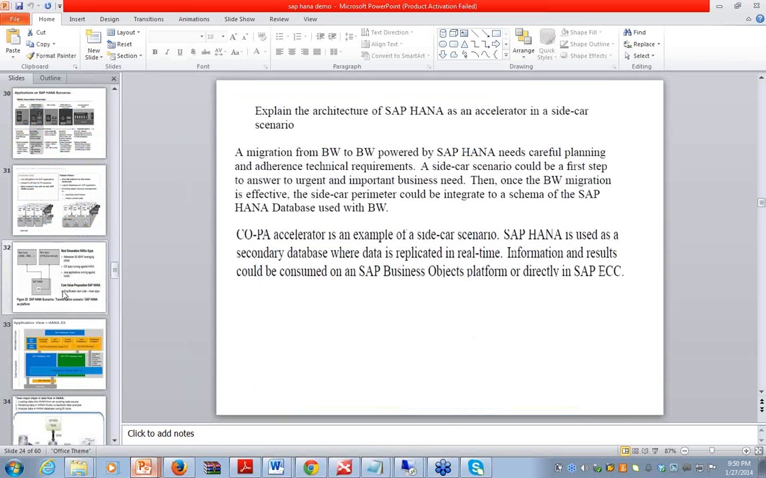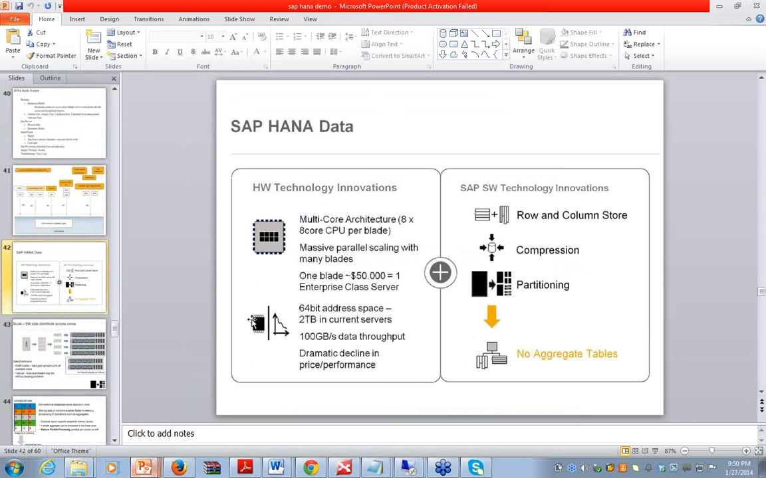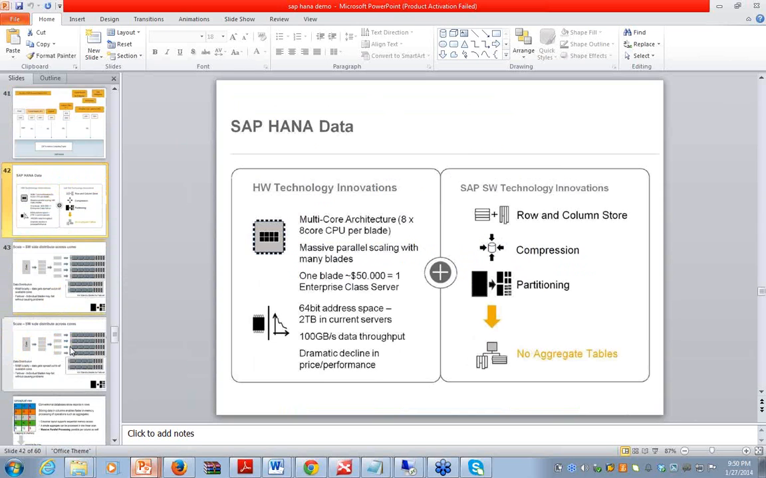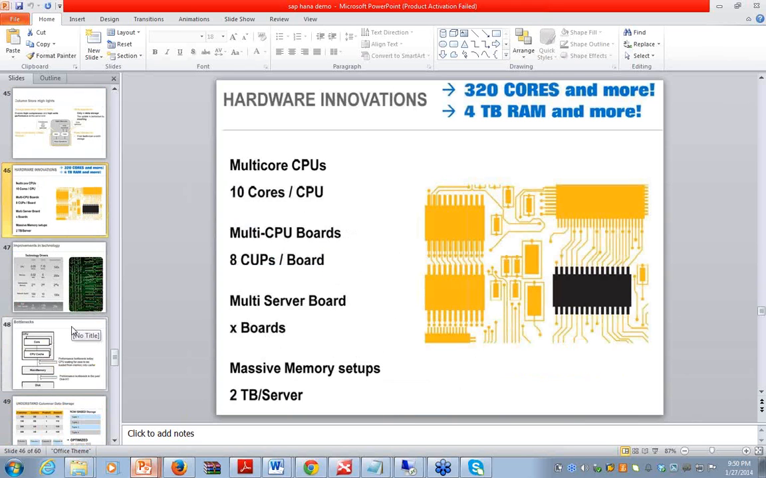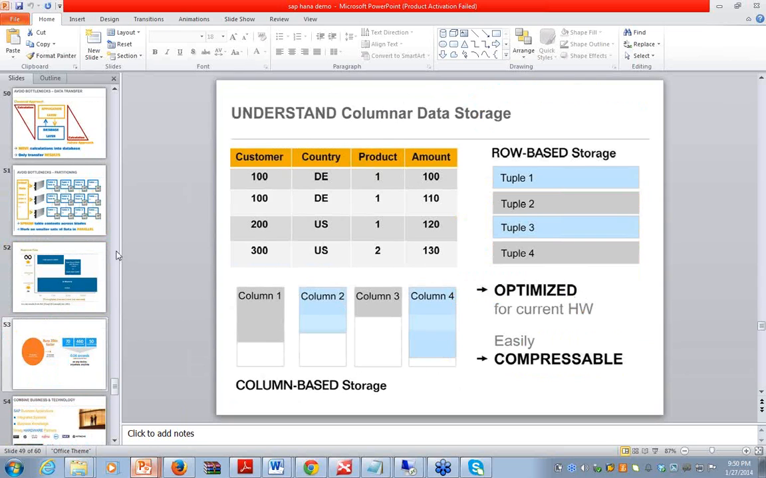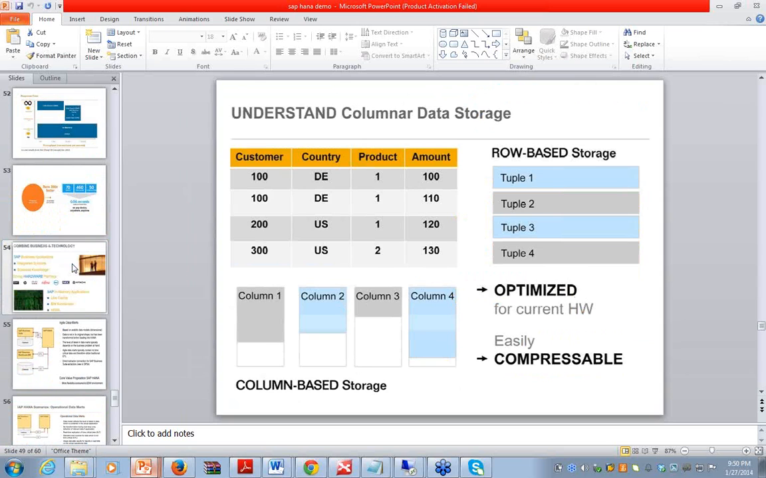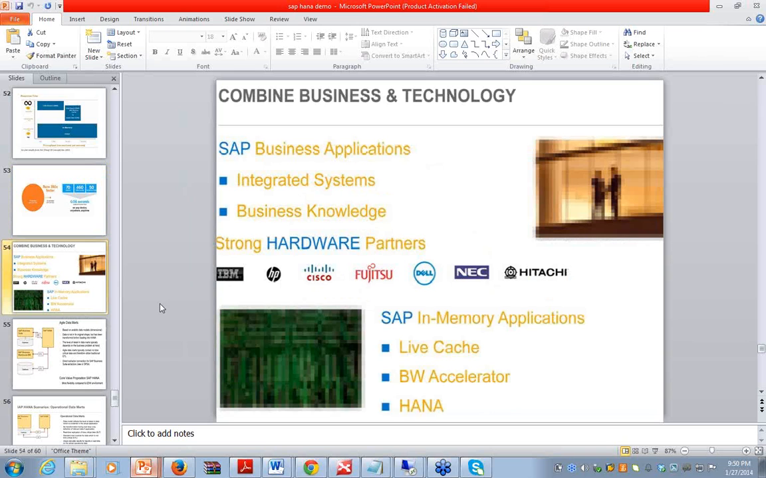Then what are the new software technology innovations and new hardware technology innovations that HANA can fully leverage, which makes HANA super duper fast? These are the hardware technology innovations. Okay, software technology innovations: how the data will be stored in row-based tables and column-based tables, how it will retrieve the data, what is compressed data. So we'll see POC results, and we'll see who the certified vendors are from where the client can purchase SAP